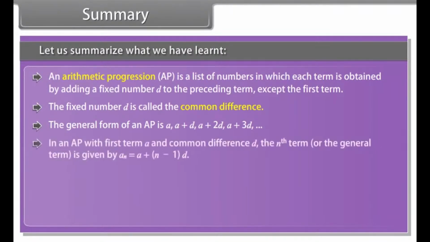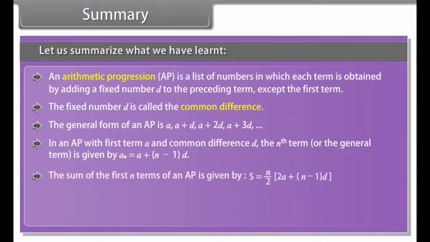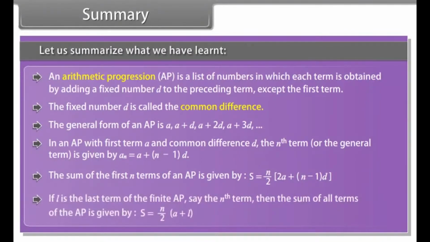In an AP with first term a and common difference d, the nth term, or the general term, is given by an is equal to a plus (n minus 1) into d. The sum of the first n terms of an AP is given by S is equal to n upon 2 into (2a plus (n minus 1) into d). If L is the last term of the finite AP, say the nth term, then the sum of all terms of the AP is given by S is equal to